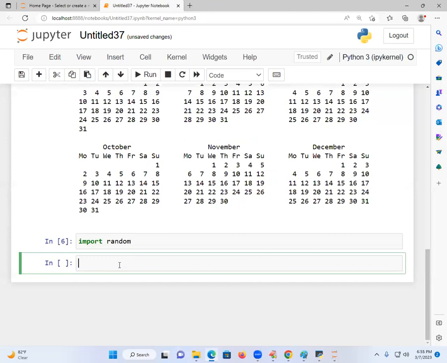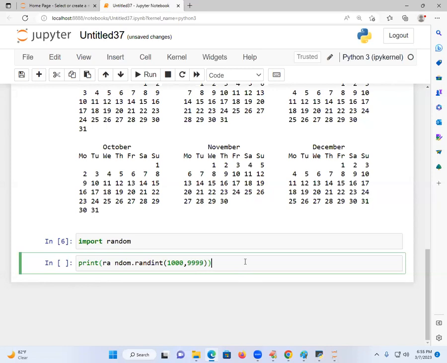Import random. I am going to write it. random.randint of 1000, 999. I mean to say, I want to give you a 4-digit OTP. How do I send it from my mobile to another mobile? How do I send this OTP from my system to your mobile number?